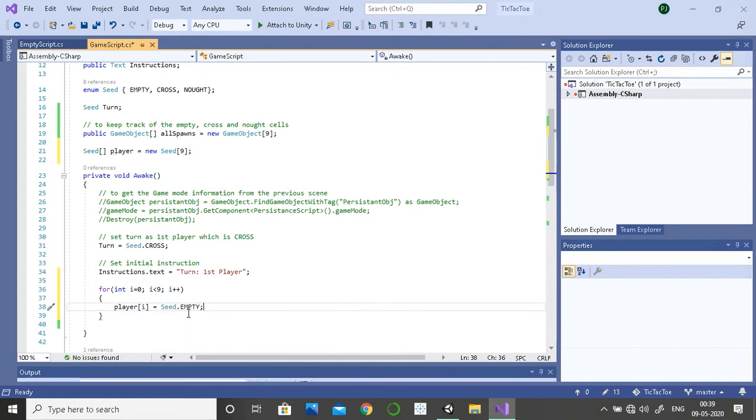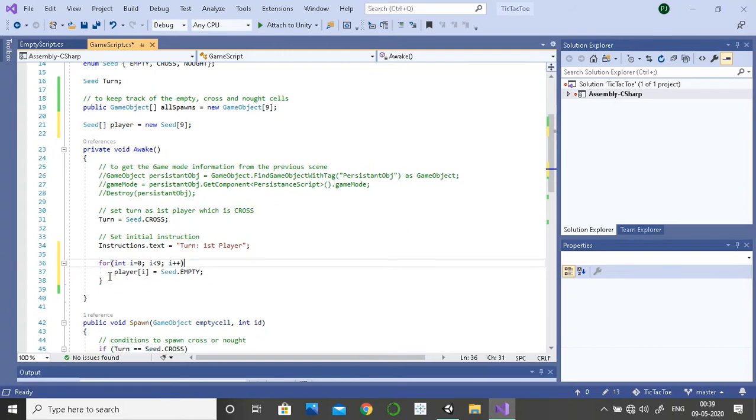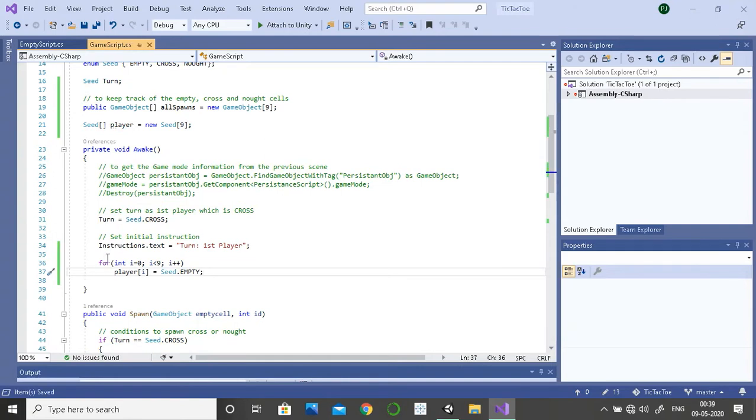Okay, initially these are all empty. We can also ignore these brackets if we have only one statement under a for loop or if. So I'll just write it like that: